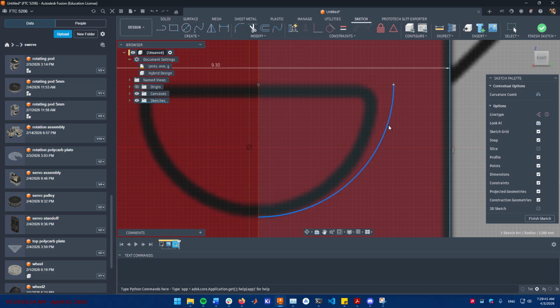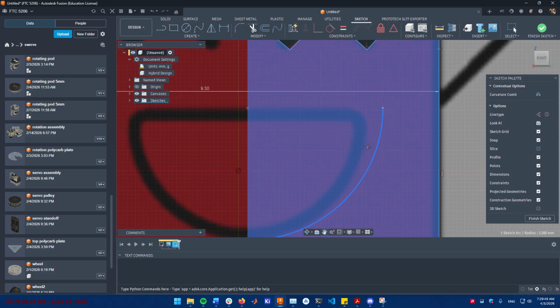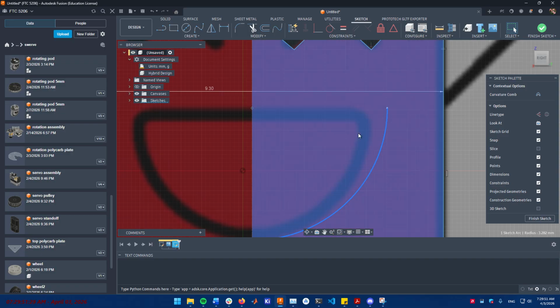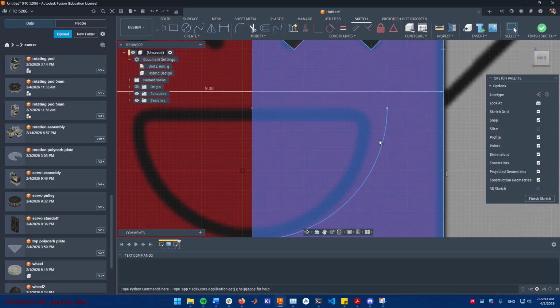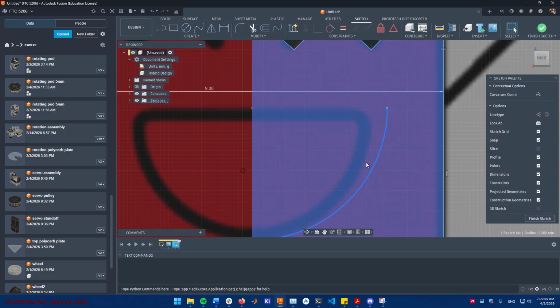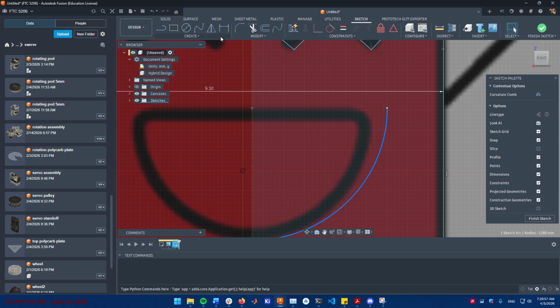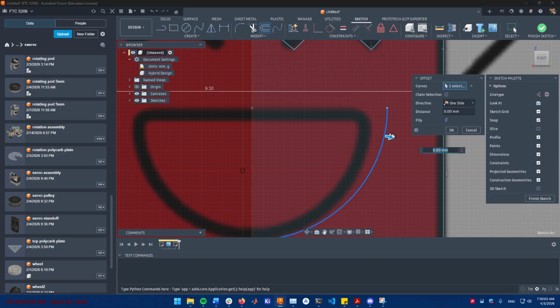It is not circular, but it is okay. We will go along with it. Now, to make it not just one line, we press offset, yes, offset, and we can offset it, let's say 0.5 millimeter,